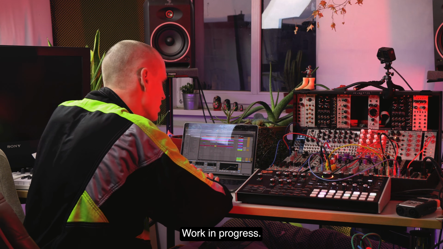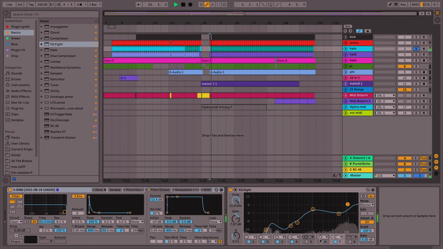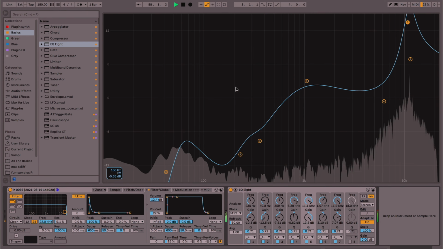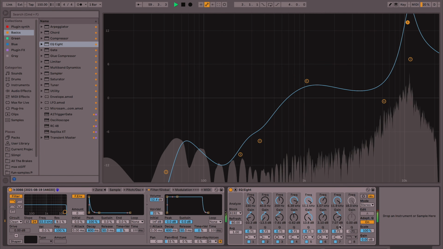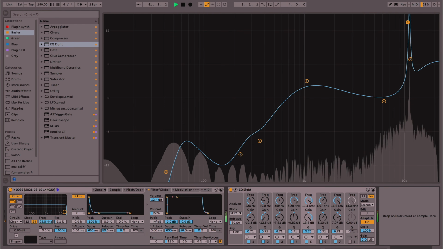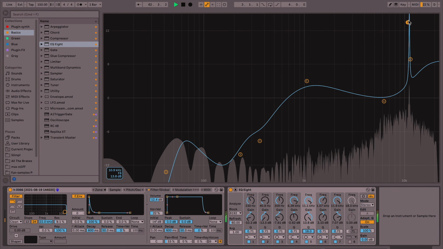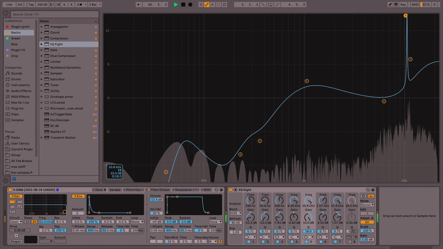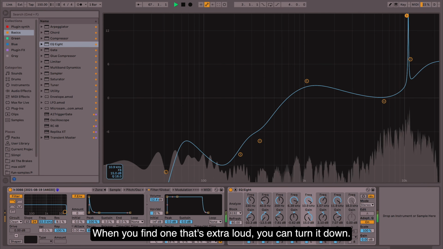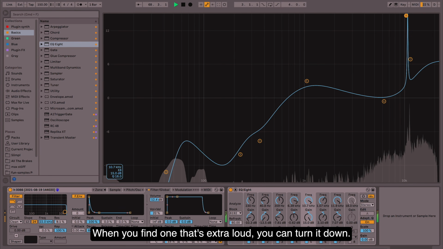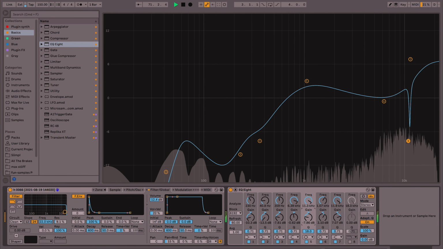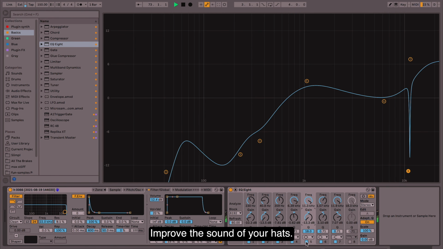Work in progress, but let's take a look at these hats. If I can even see it here, there is this resonant peak. Let's enlarge this. Which one was it? This one here. So a good way is to sweep through, and when you find one that's extra loud, you can turn it down. And it will often improve the sound